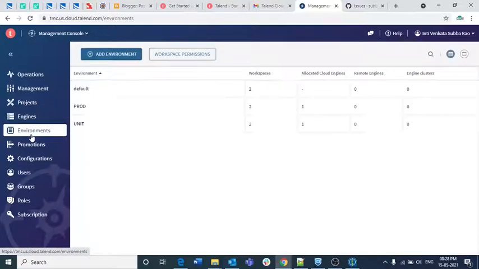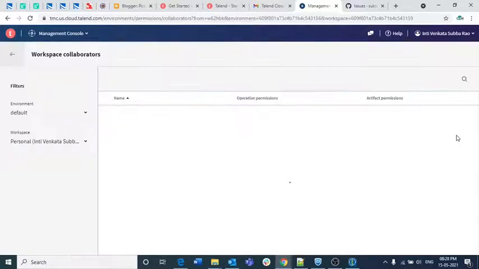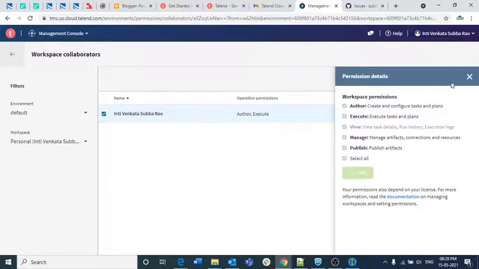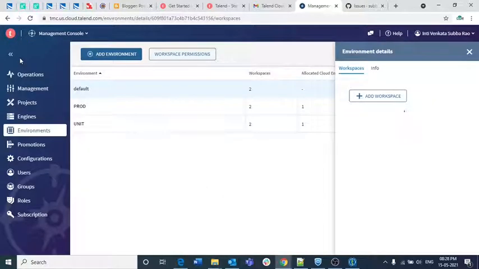I think here itself we need to give the permissions. Yeah, I think by default I am the only one who is the author as well as execute, and currently we didn't have any users within that domain name, according to me. So that's why I'm not able to add the permissions and all.